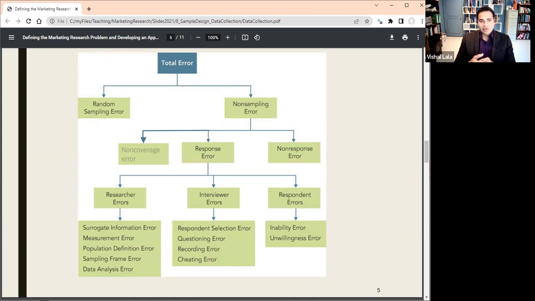It doesn't introduce bias into the system. Random sampling error occurs because we are asking a subset of the population to respond to our survey instrument. This means there's bound to be some level of sampling fluctuation. If you ask another group of 100 people, then you might get slightly different responses than the 100 people you asked now. Given that this variation is totally random, that there's no room for bias, we can estimate the level